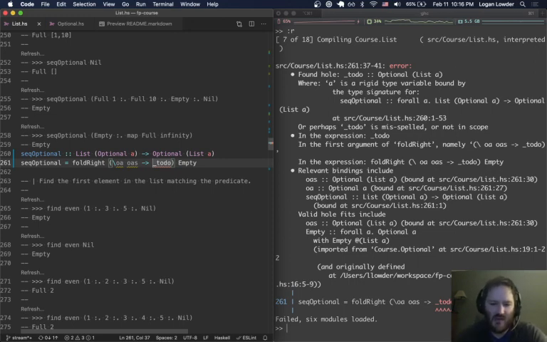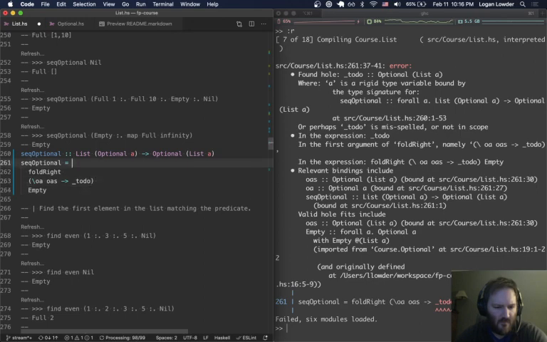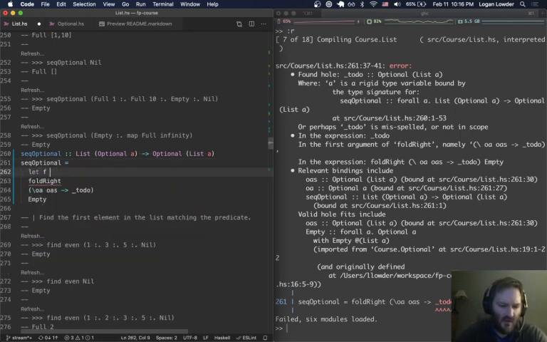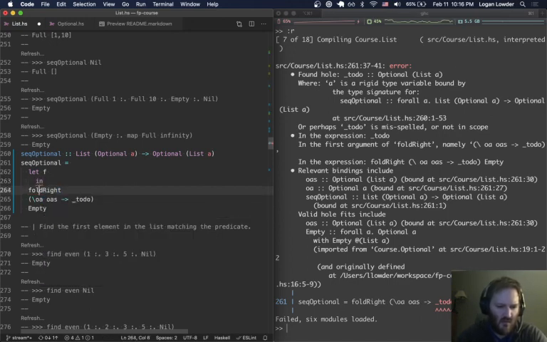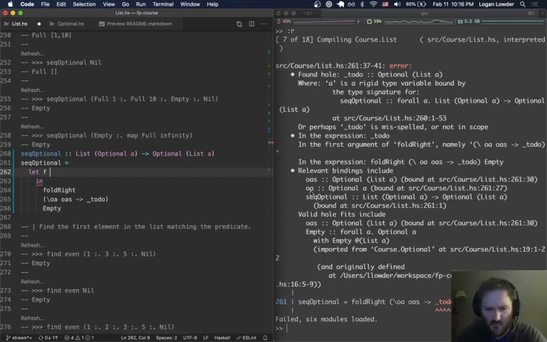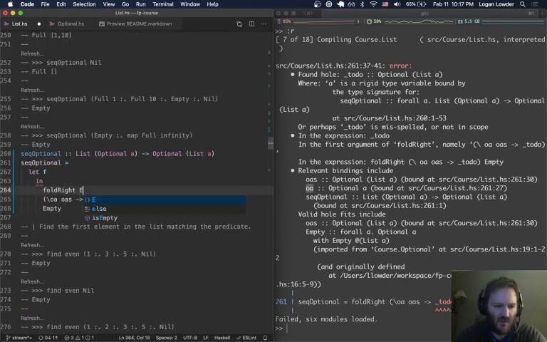So I guess we just pattern match. I'm just going to say let f, and create a helper function for this. This OA is from this optional type, either full or empty. So if it's empty, then